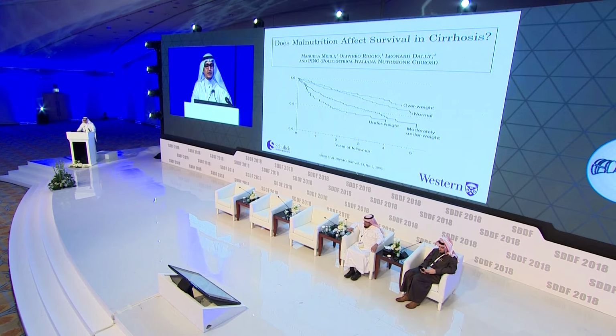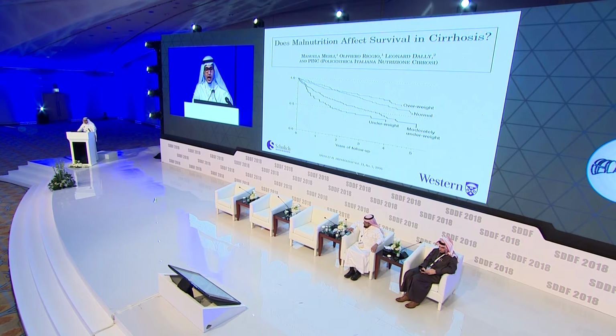We know that the most widely used independent predictors for survival in patients with decompensated cirrhosis are the MELD score and Child-Pugh classification. However, I'll try to convince you that malnutrition affects survival in cirrhosis regardless of the underlying Child-Pugh classification and MELD score. This is a multi-center study based in Italy, done in 1996, and it looked at malnutrition